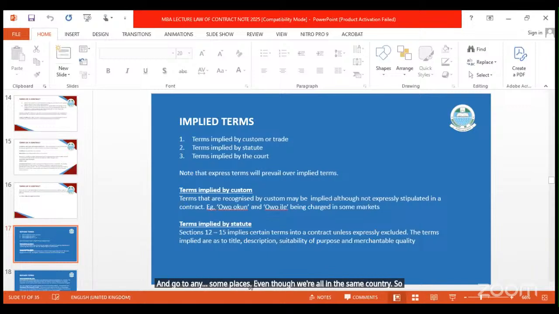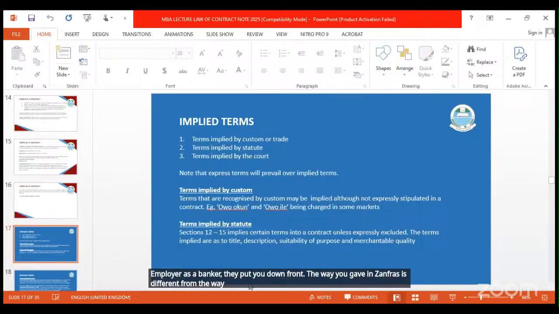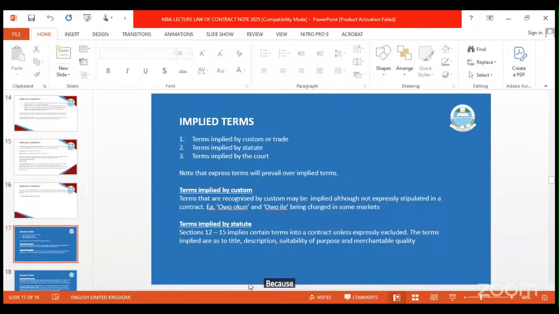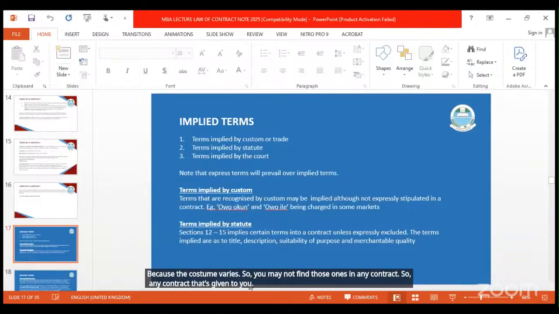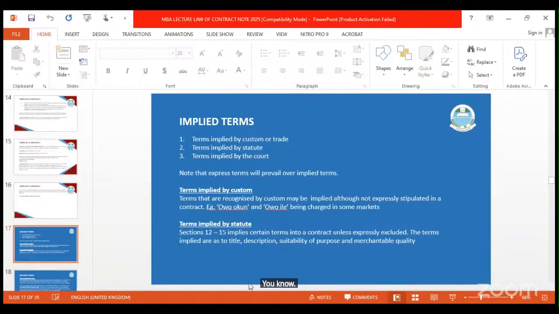So we see that, all those customs, if they employ you as a banker and they put you in Zamfara, the way you behave in Zamfara is different from the way you behave in Lagos State, because the custom varies. So you may not find those ones in any contract. So any contract that's given to you, where you are to construct a road, if you are into construction, or supply,